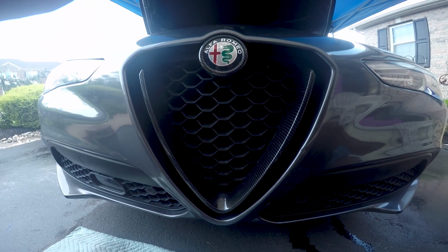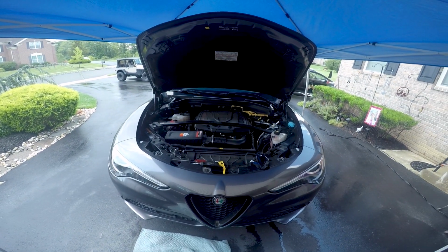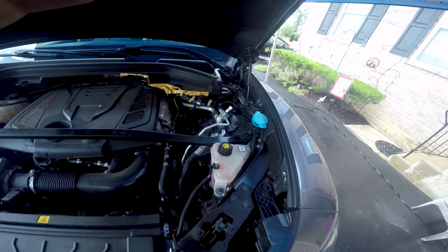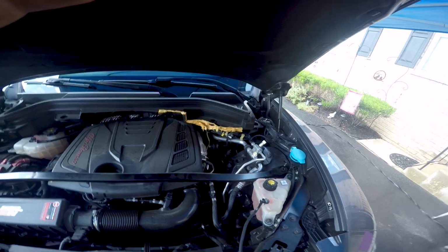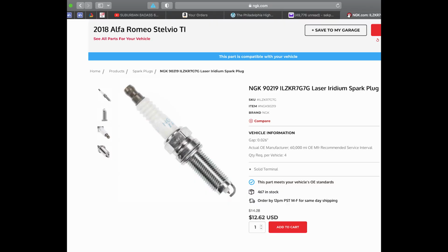Hello, today we are going to be changing these spark plugs in a 2018 Alfa Romeo Stelvio. I'm going to show you pretty much in real time how I change the 4 spark plugs in this car. So let's go. These are the spark plugs you're going to need from NGK, and the great thing is they